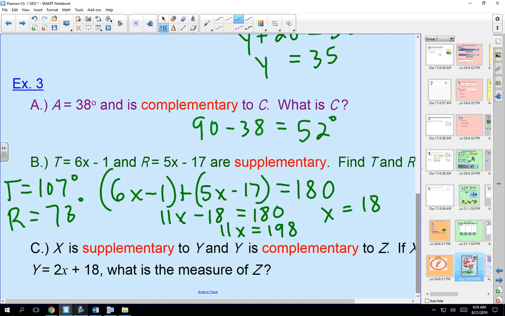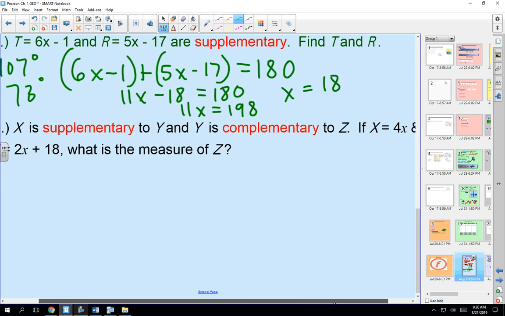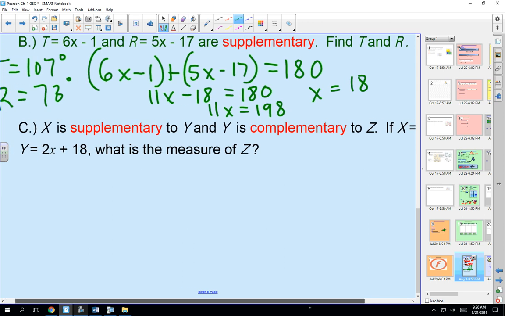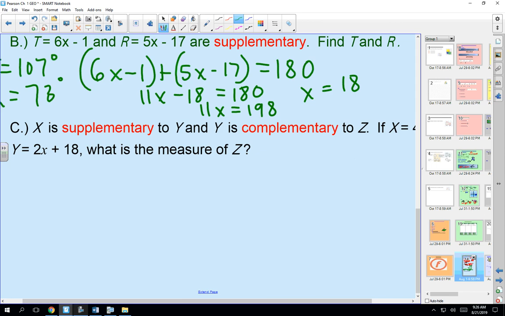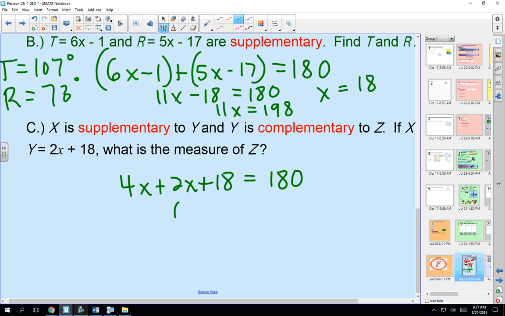All right, and then we have on here for part C, x is supplementary to y and y is complementary to c. If x equals 4x and y equals 2x plus 18, what is the measure of c? So we've got x is supplementary to y. So we've got 4x plus 2x plus 18 has to equal 180. If we solve this for x, we've got 6x equals 162. So x equals